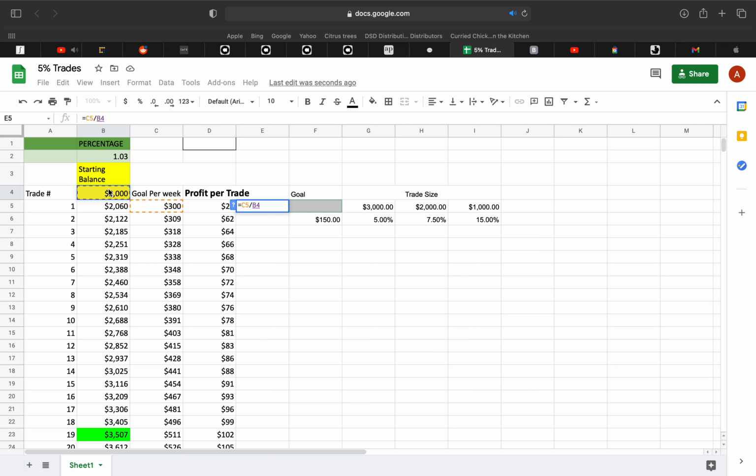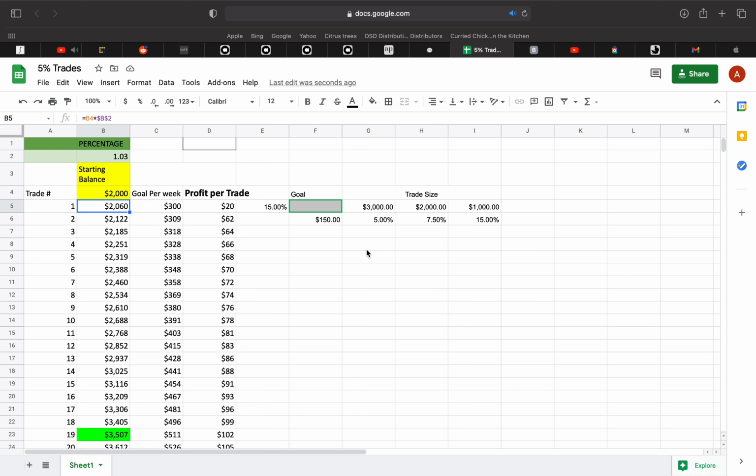What is that? Let's see, is that 15%? That's amazing. Most managers would be happy with 15% a year. So to do that in 1 week, it doesn't seem like a lot of money. If in one trade you're making $60 off of $2,000, it doesn't sound like a lot, because it could be easy to get in this excitement, or just be impatient to get these gains, or double your money from 2,000 to 4,000, or to 10,000 or whatever. It's easy to get impatient, it's easy to get greedy.